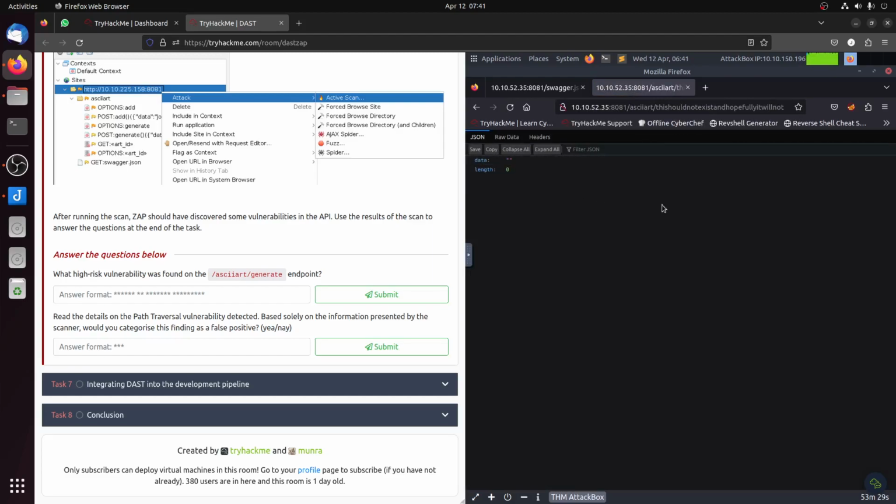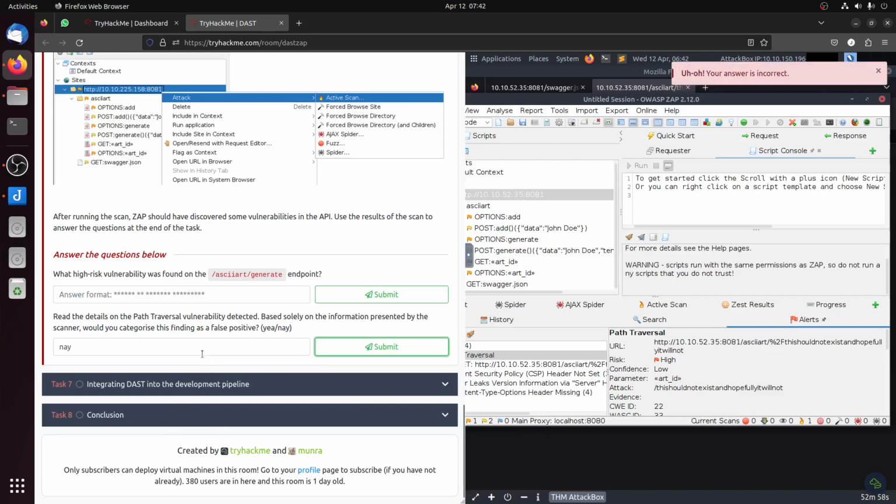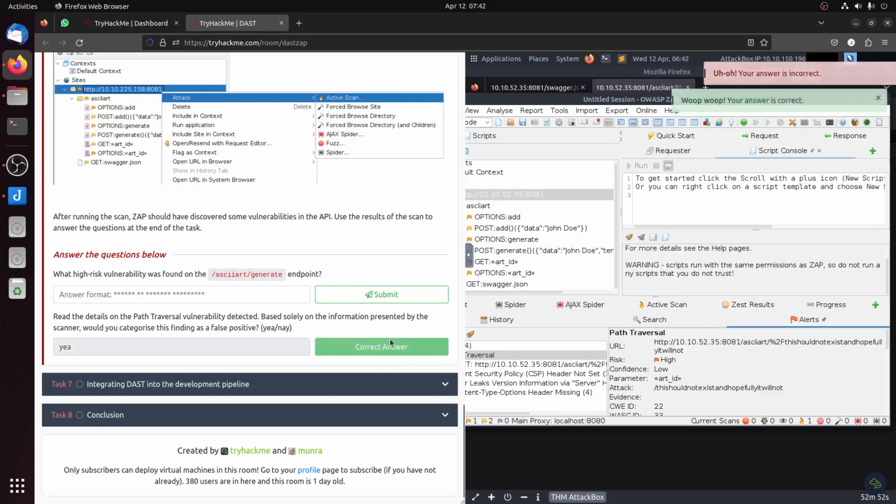We didn't get anything, so I assume it's not accessing any file. Even this link is calling the endpoint and it's just putting text. There's no interesting file. This should not exist, and hopefully will not. I think this is just a false positive. It's not like you're looking for a password file or something. Yeah, no, it's a false positive, so it's wrong. But our problem is, why doesn't